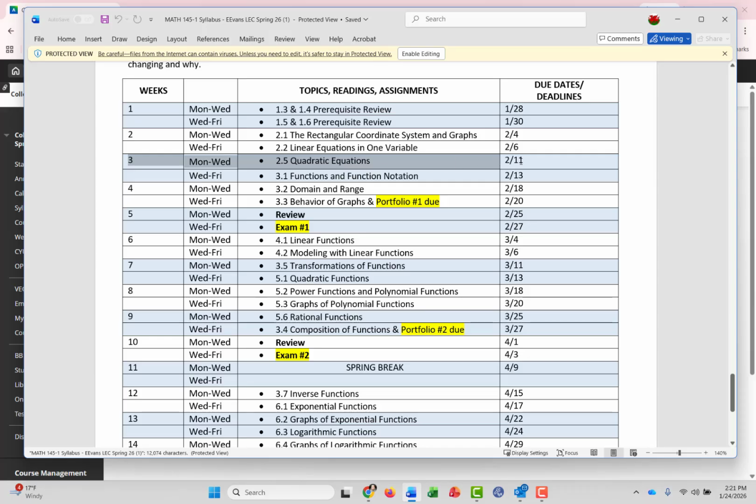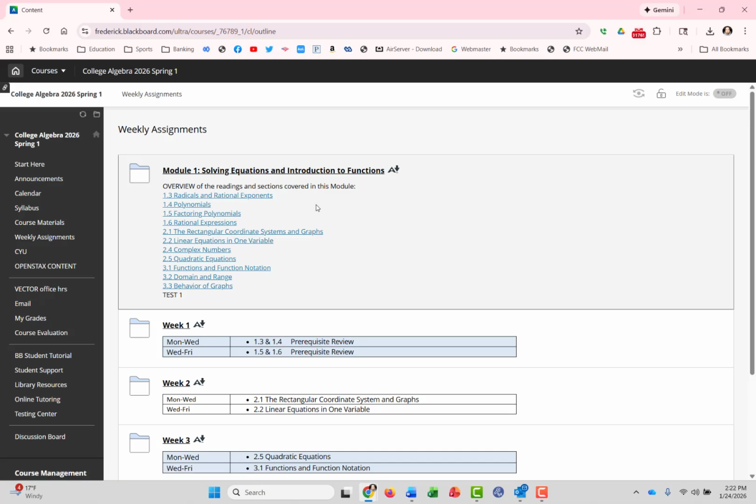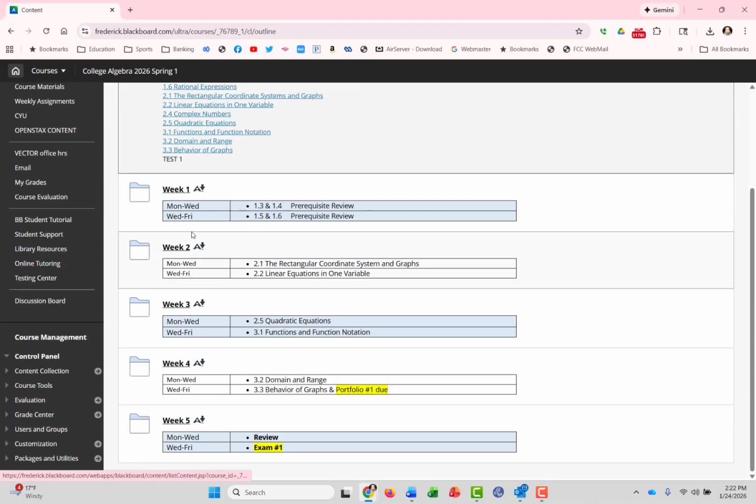All homework due for that section is going to be done by that Wednesday of that week, which is 2/11 in this particular case. Essentially, we have our weeks divided into Monday through Wednesday and Wednesday through Friday. We have assignments due every Wednesday by midnight and every Friday by midnight. Speaking of how to find those assignments, you go to your weekly class assignments. You'll have your modules. Here are direct links to the readings that we're going to be covering. You can refer to the syllabus for what we're covering that particular week, or within the week right here.